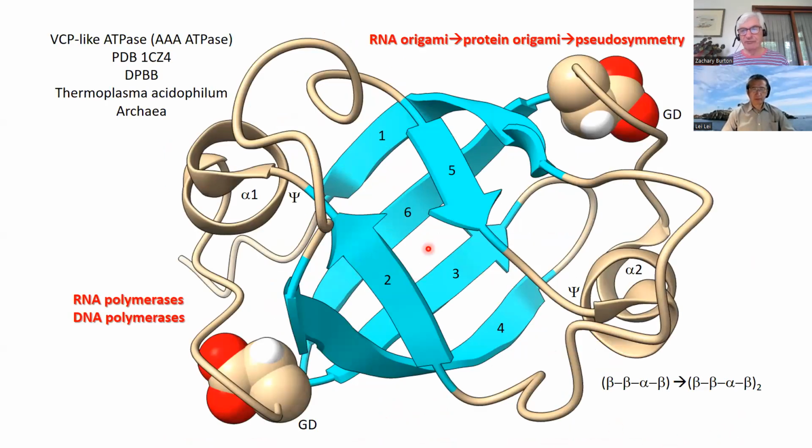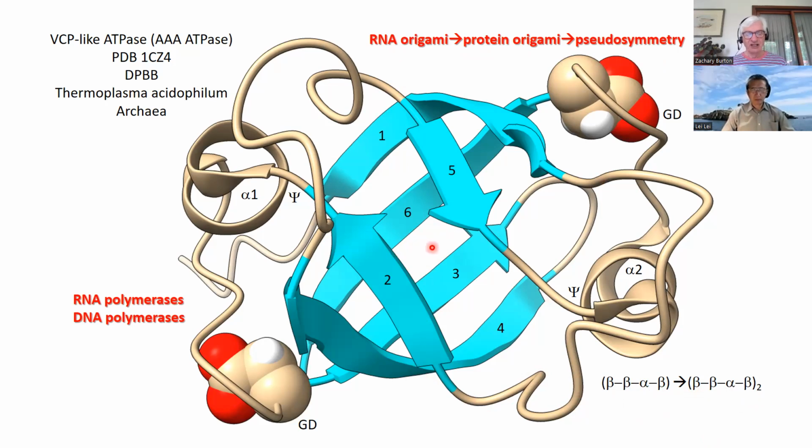This is a double psi beta barrel. It's beta, beta, alpha, beta combined to form beta, beta, alpha, beta, beta, beta, alpha, beta. So you duplicate this RNA, you get this RNA, you translate it, you fold it, and you get this molecule. So RNA origami followed by protein origami followed by pseudosymmetrical folding